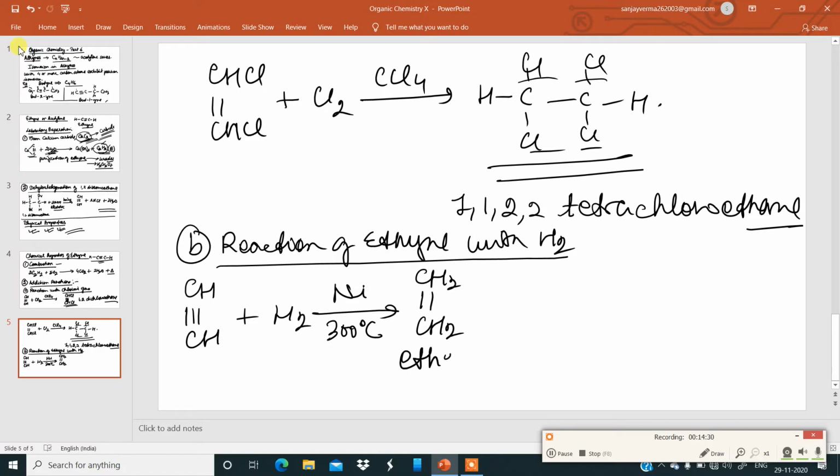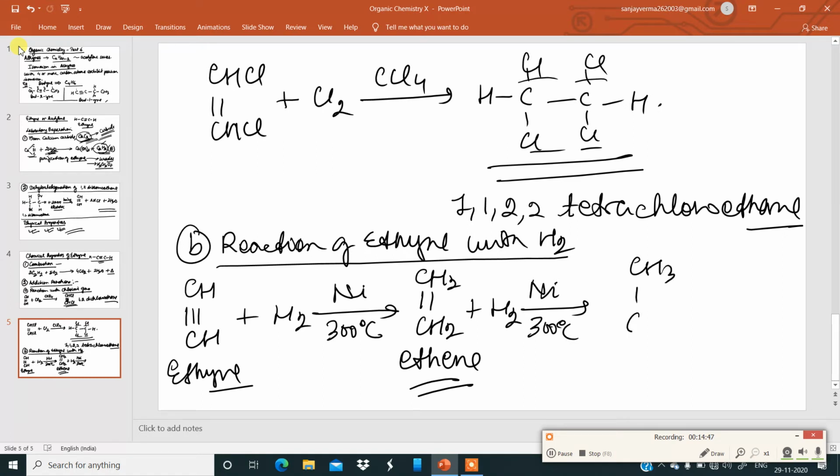This one is ethene, containing a double bond. Here it is ethyne, triple bond. Further, you react this ethene with hydrogen again, nickel catalyst at 300 degrees Celsius. What does it form? It forms ethane. Okay, that is how ethyne reacts with hydrogen in the presence of catalyst. It is called catalytic hydrogenation. Okay, now